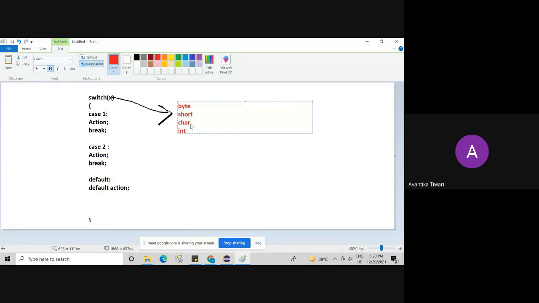Other than these 4, what are the ones which are not allowed? Double, long, Boolean, Float. Boolean. Float. Character. Yes. So first tell me, okay, this is a very straight question, that what are the data types that are allowed for this parameter X? Now the twisted question, why is Boolean not allowed? Can anybody tell me why the Boolean data type is not allowed for such a parameter?